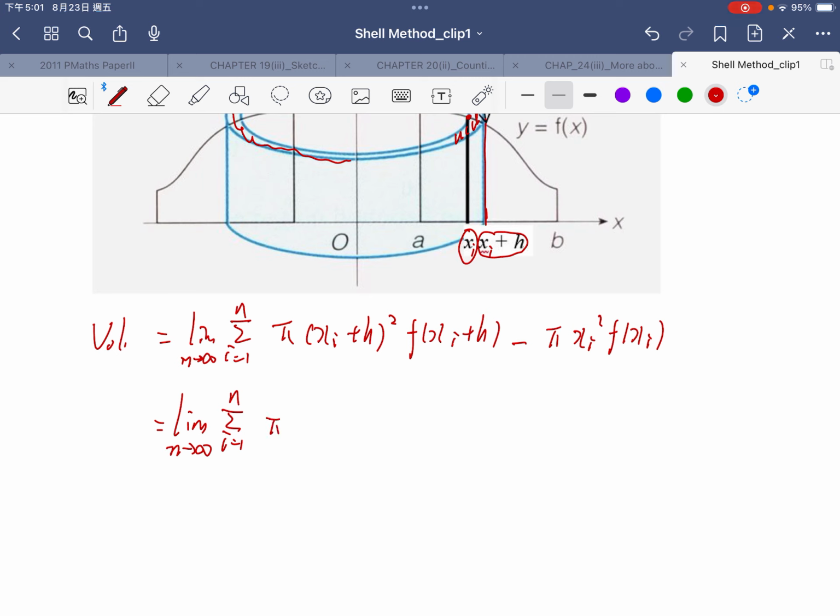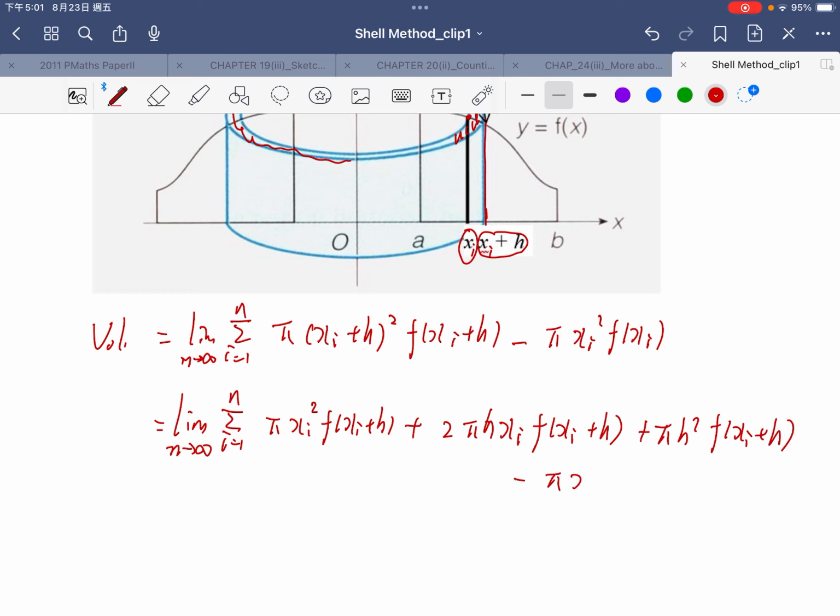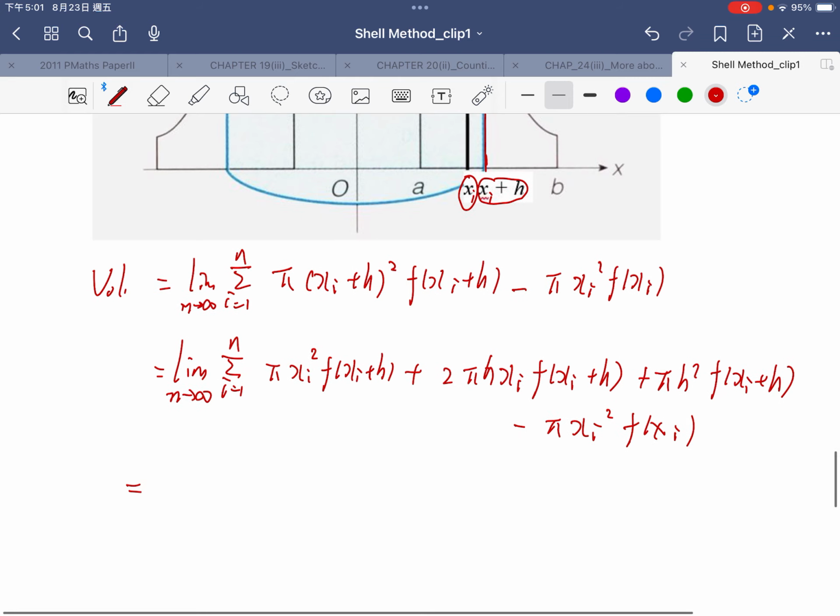Expanding this, we have pi x_i squared f(x_i plus h), plus 2 pi h x_i f(x_i plus h), plus pi h squared f(x_i plus h), minus pi x_i squared f(x_i). And grouping terms,